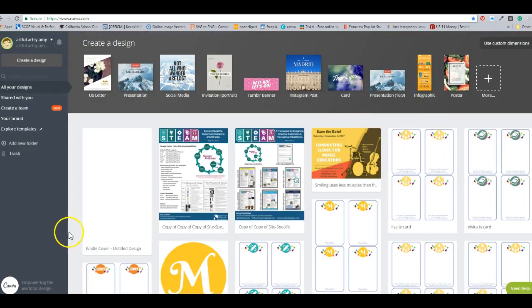Your Canva account will look something like this. You may not have anything here. I have that here because I've made a lot of things, but you probably haven't made a lot of things yet. Yours will be empty. Once you're here, you're going to create a design, and our design is a book cover. If I click right here where the plus sign is, where it says more,